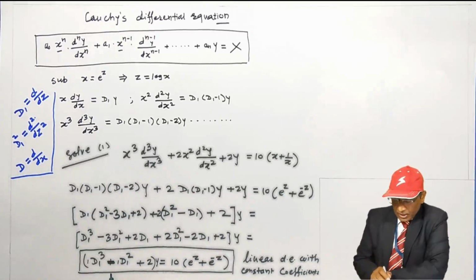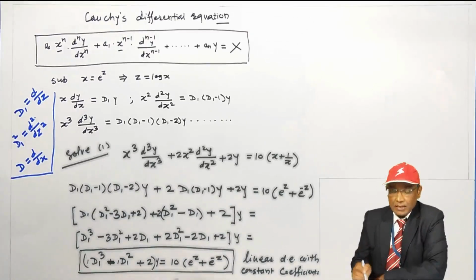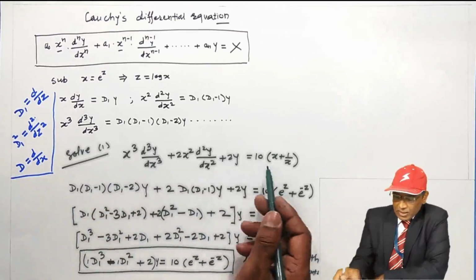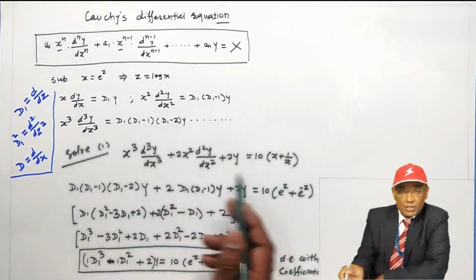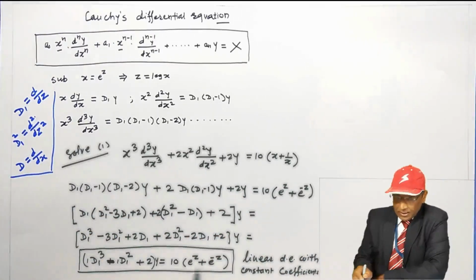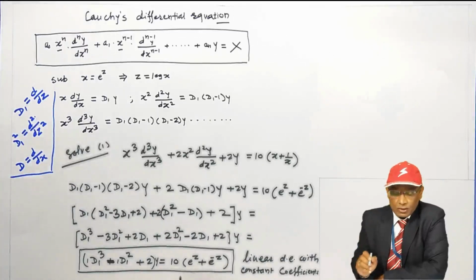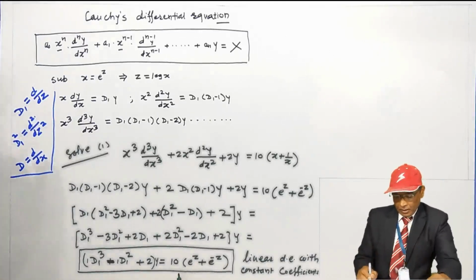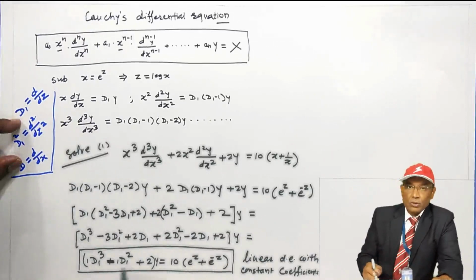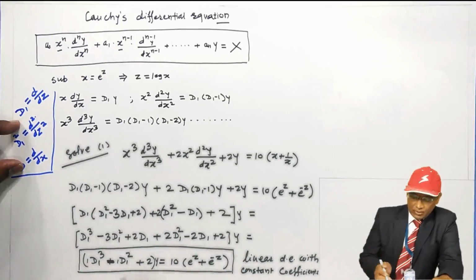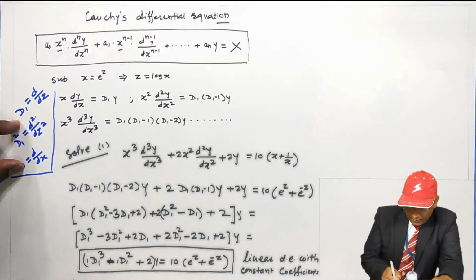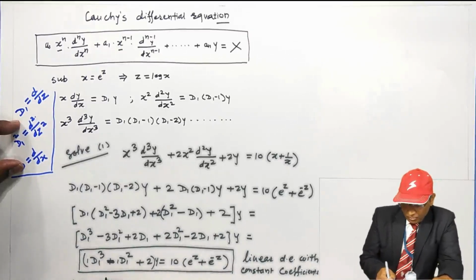Okay, this is the differential equation in terms of y and z now. The given differential equation is in terms of y and x. That is not a linear differential equation with constant coefficient, but this is. Okay. Now write down the auxiliary equation, then find the values of d1, and write down the complementary function in this one. Auxiliary equation: the d1 cube coefficient of d, I have to equate to 0.